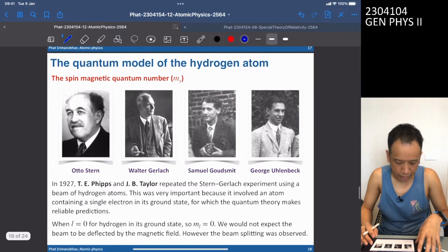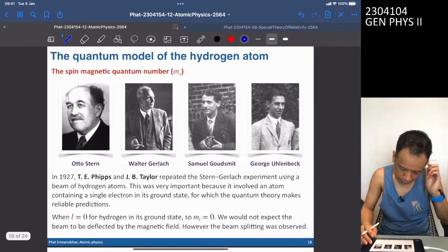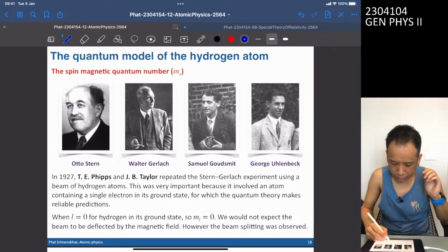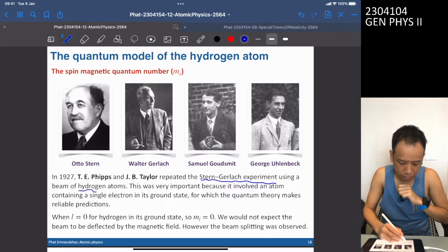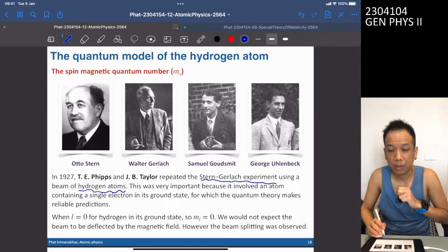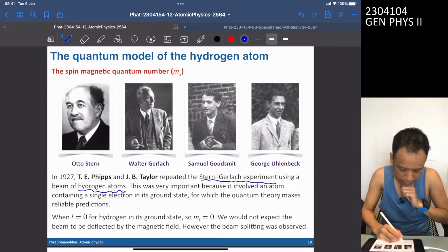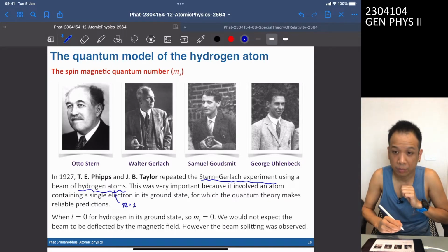Then in 1927, Phipps and Taylor repeated the Stern-Gerlach experiment. However, they used hydrogen atoms, and this is very important. Why? Because if you place the hydrogen atom in the lowest energy, with n equal to 1,